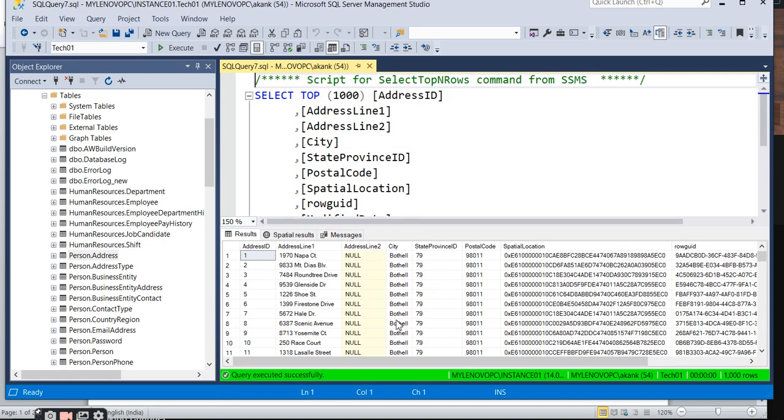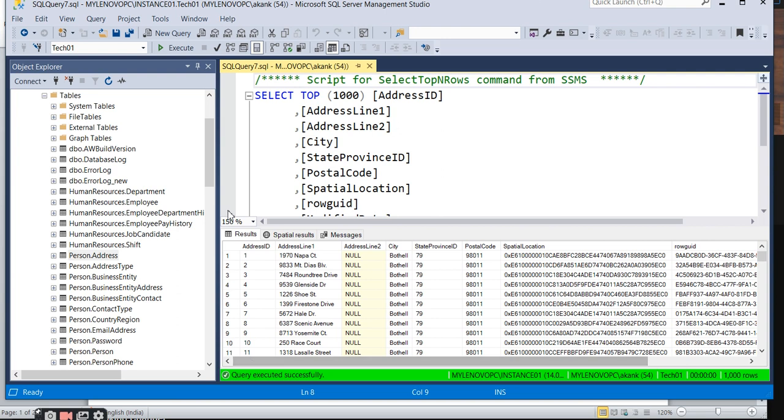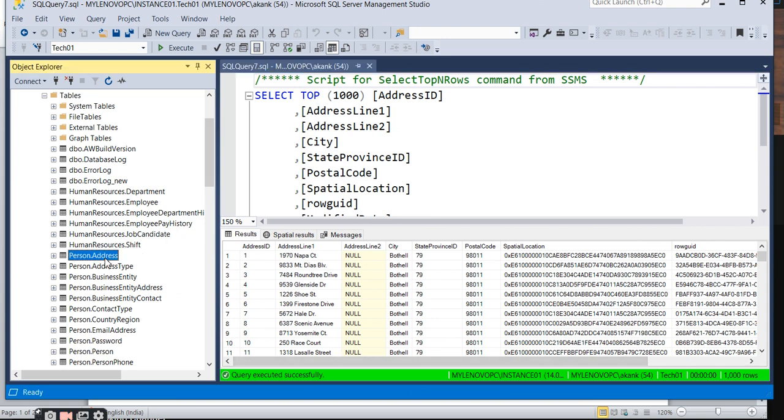There are two types of partitioning, horizontal and vertical, which I have already covered, so you can go and watch. I am just doing the partitioning based on a column, the modified date, so we'll select some random years and do the partition. You can do the partitioning with a script as well as the GUI. I am selecting the GUI here because it gets done quickly.